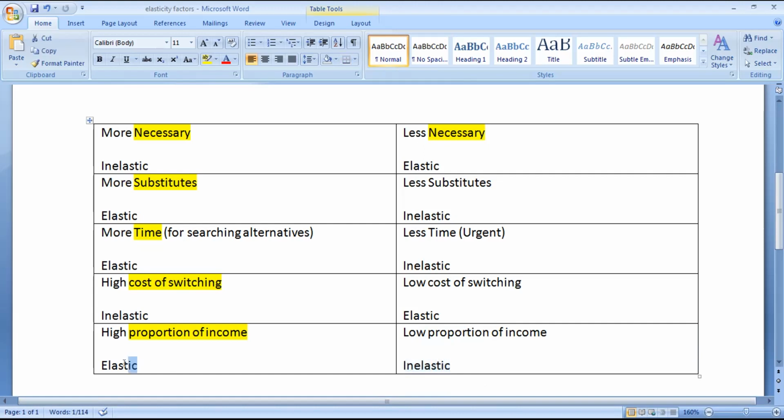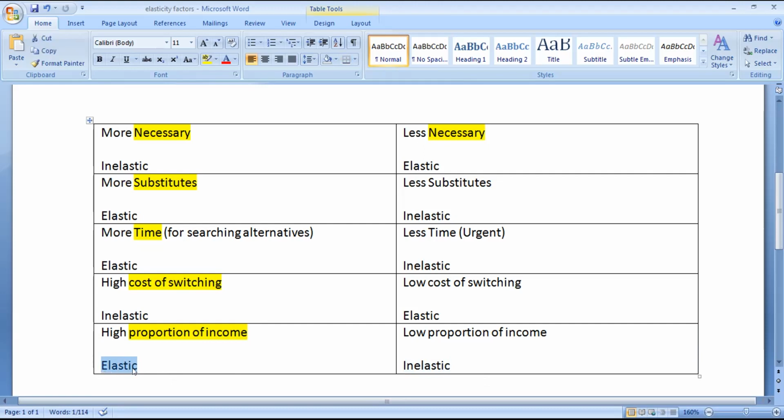But think about a car. When you buy a car, you spend maybe half of your yearly income on it, right? So that means you'll be more elastic. So maybe you have the option of Toyota and Hyundai, or Ford. Okay, so you're thinking of buying a Ford, but if Ford increases the price by 1,000 ringgit, then maybe you're gonna switch, right? Maybe you're gonna switch to Toyota,